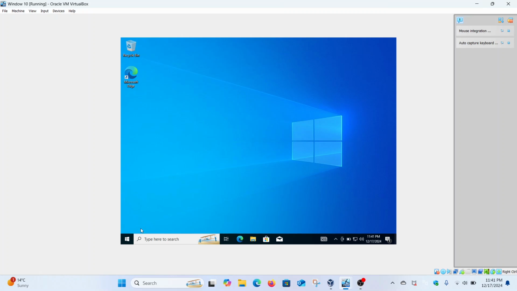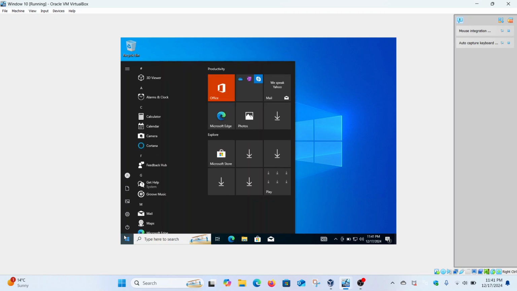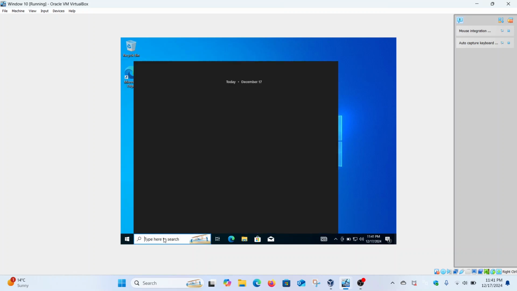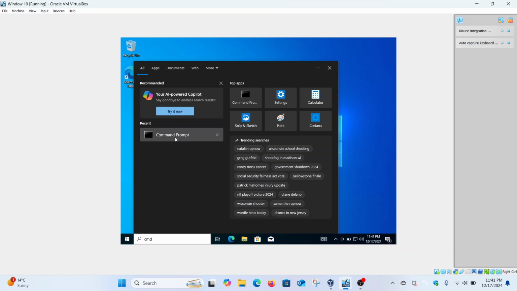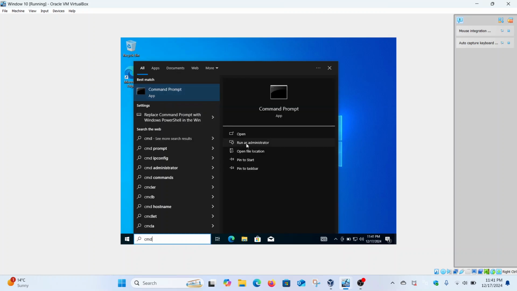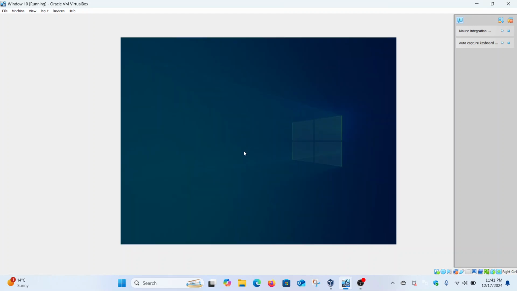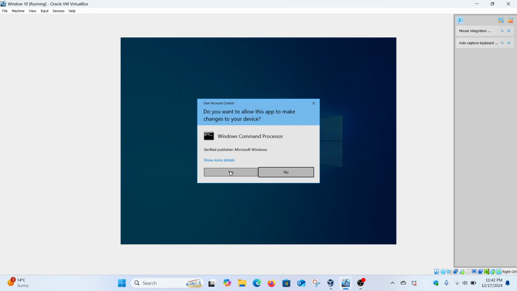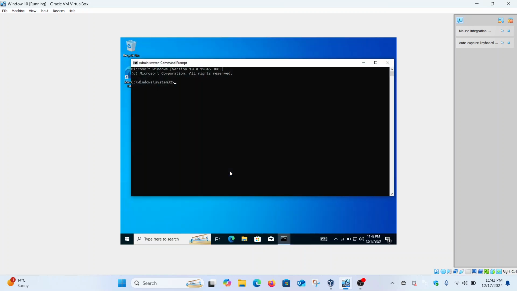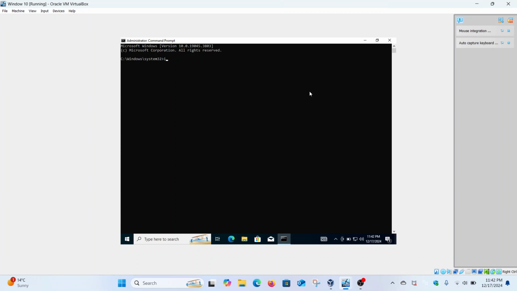So let me go back to the client and do some stuff here as well. In order to connect, you need to type cmd and open it as an administrator. Right click on this, run as administrator. It will prompt you whether I want to open as administrator or not, so I click yes. And here I need to type first